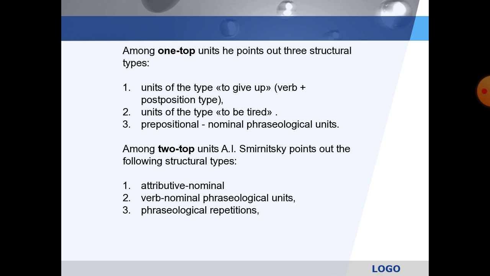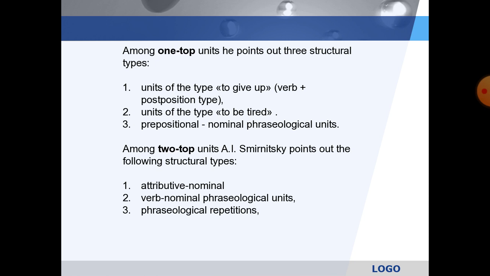And the next, C, is prepositional-nominal phraseological units. These units are equivalents of unchangeable words. They are prepositions, conjunctions, adverbs. That is why they have no grammar center. Their semantic center is the nominal part. For example, on the doorstep means quite near, and on the nose means exactly. In the course of, on the stroke of, on time, in time, on the point of, etc.